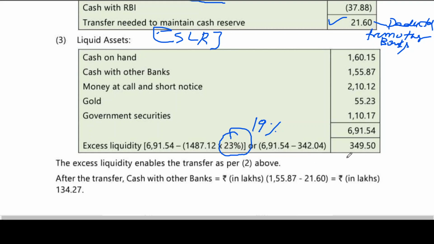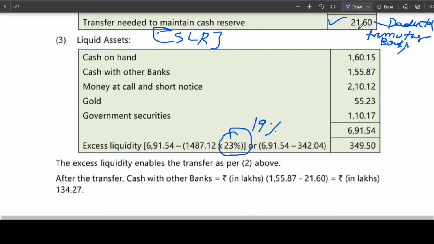Now we got an excess of 349.50. So the excess liquidity enables the transfer as per the above. If you don't have excess liquidity, then we cannot transfer to CRR to RBI. Since this 349.5 is excess liquidity, if it were negative, it may be difficult. You don't have negative. So the excess liquidity enables the transfer, which means 21.60 is to be transferred from other banks. Therefore, after the transfer, cash with other banks is what you are having